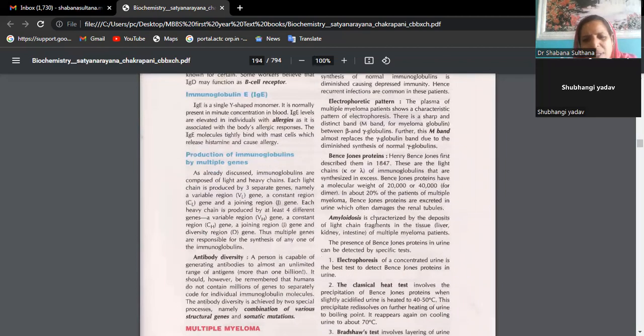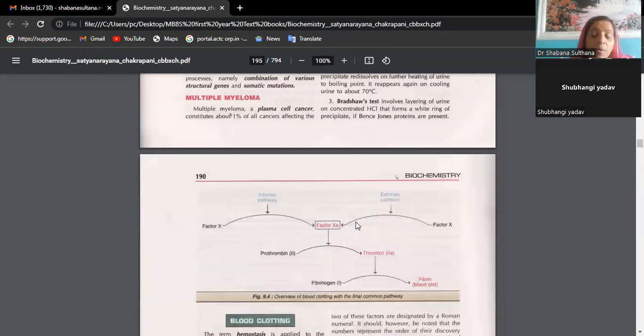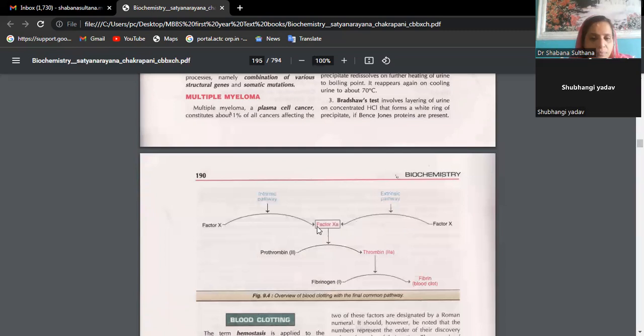Bence Jones proteins may sometimes be seen in the urine. They are very small sized proteins which are sometimes filtered in the glomerulus. In early stages of renal disorders, we call such proteins Bence Jones proteins. Very rare question. Amyloidosis is also an important essay in pathology second year. Now you will not even understand it. It's a 1 hour lecture in fact.